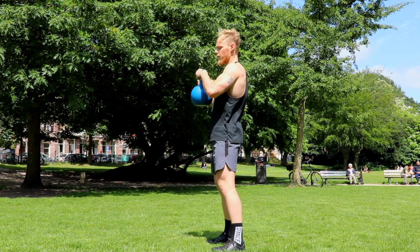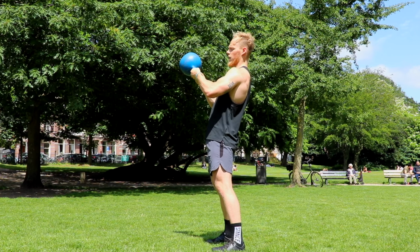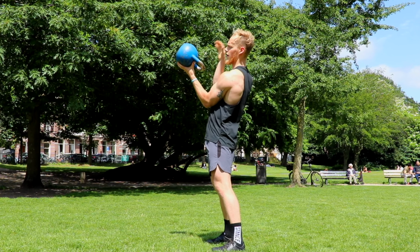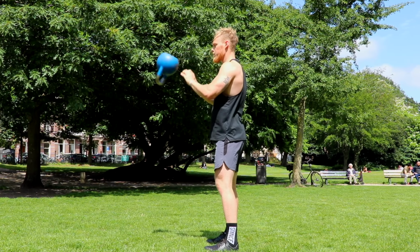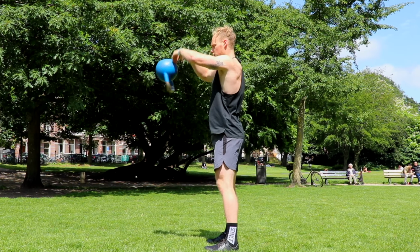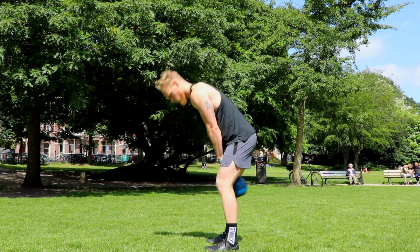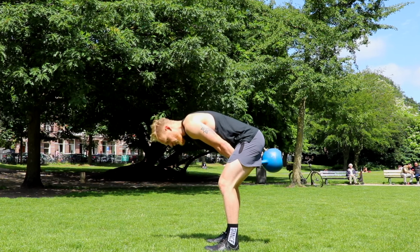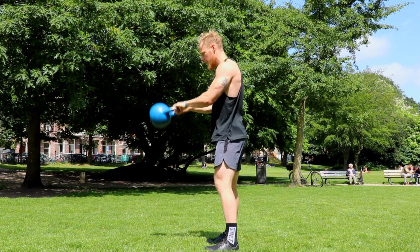The handle drives like this upwards, so you catch it with your hands down, which is a lot easier. Like this or like this. The other one is where you push down and catch it